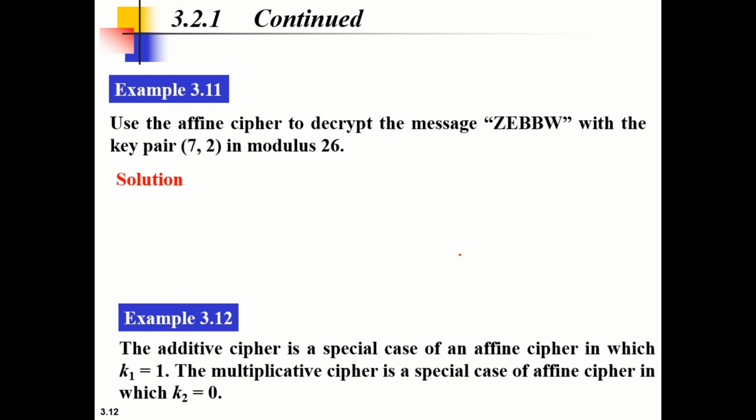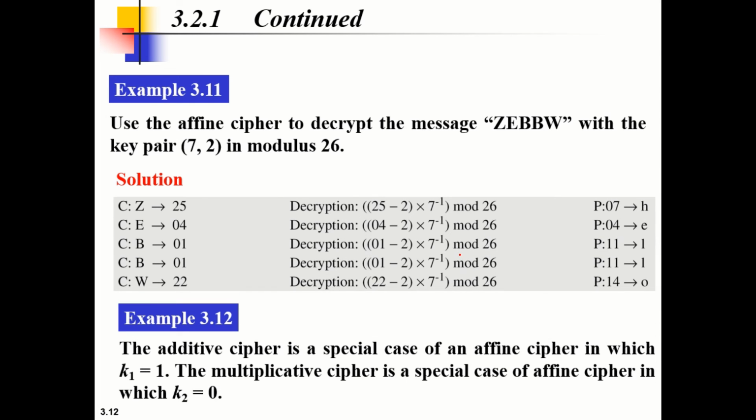Okay, so this is the decryption part of the same message using affine cipher. Here you will have the encrypted message. What will you do first? You will apply the additive cipher using the value of the key,